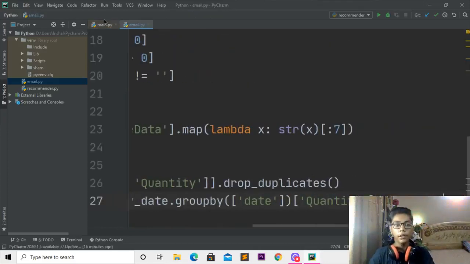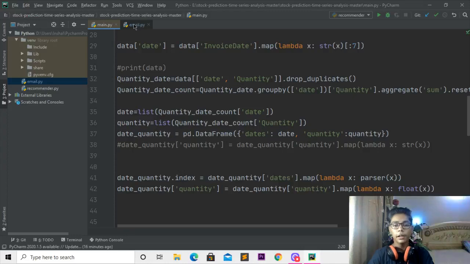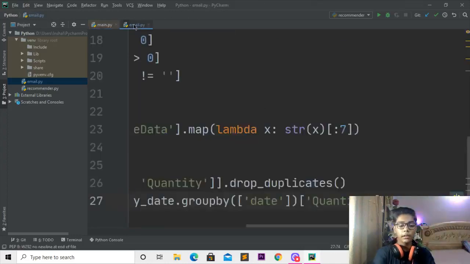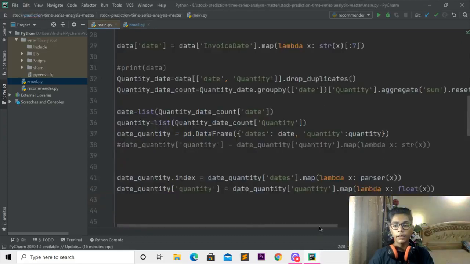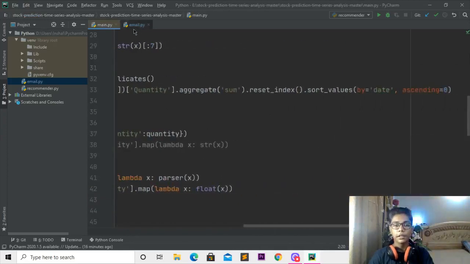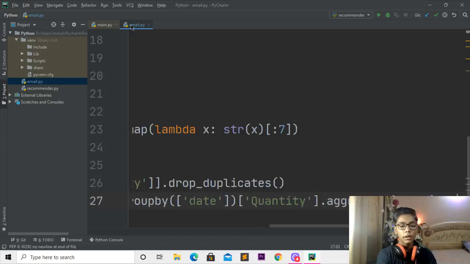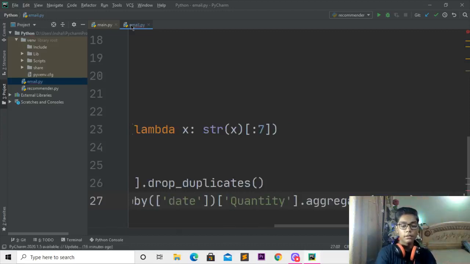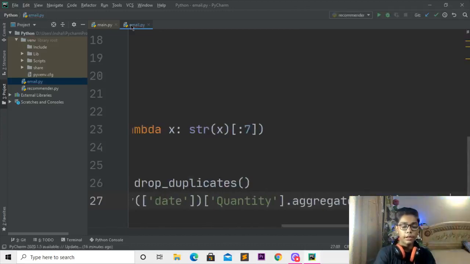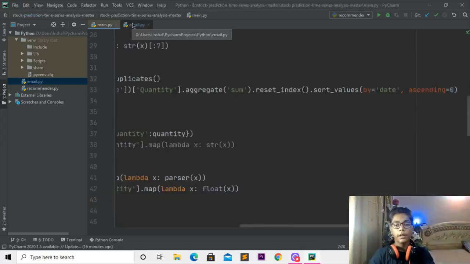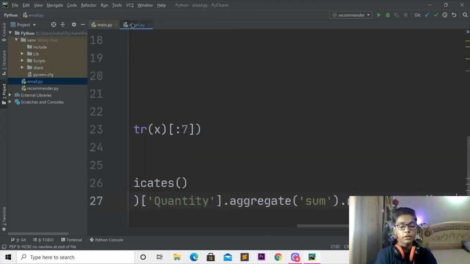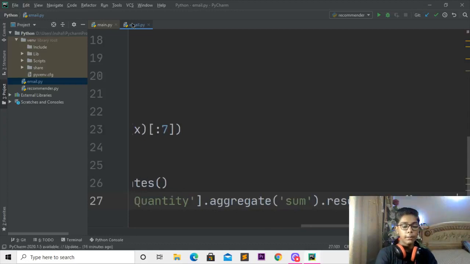And now when you've done with that, I'll come here and change that to this bracket in which I'll write sum. Then I'll move forward, and you can see it is written dot reset_index. So I'll write that, and when you've done with that, I'll make this bracket here, and then write dot sort and here I'll write